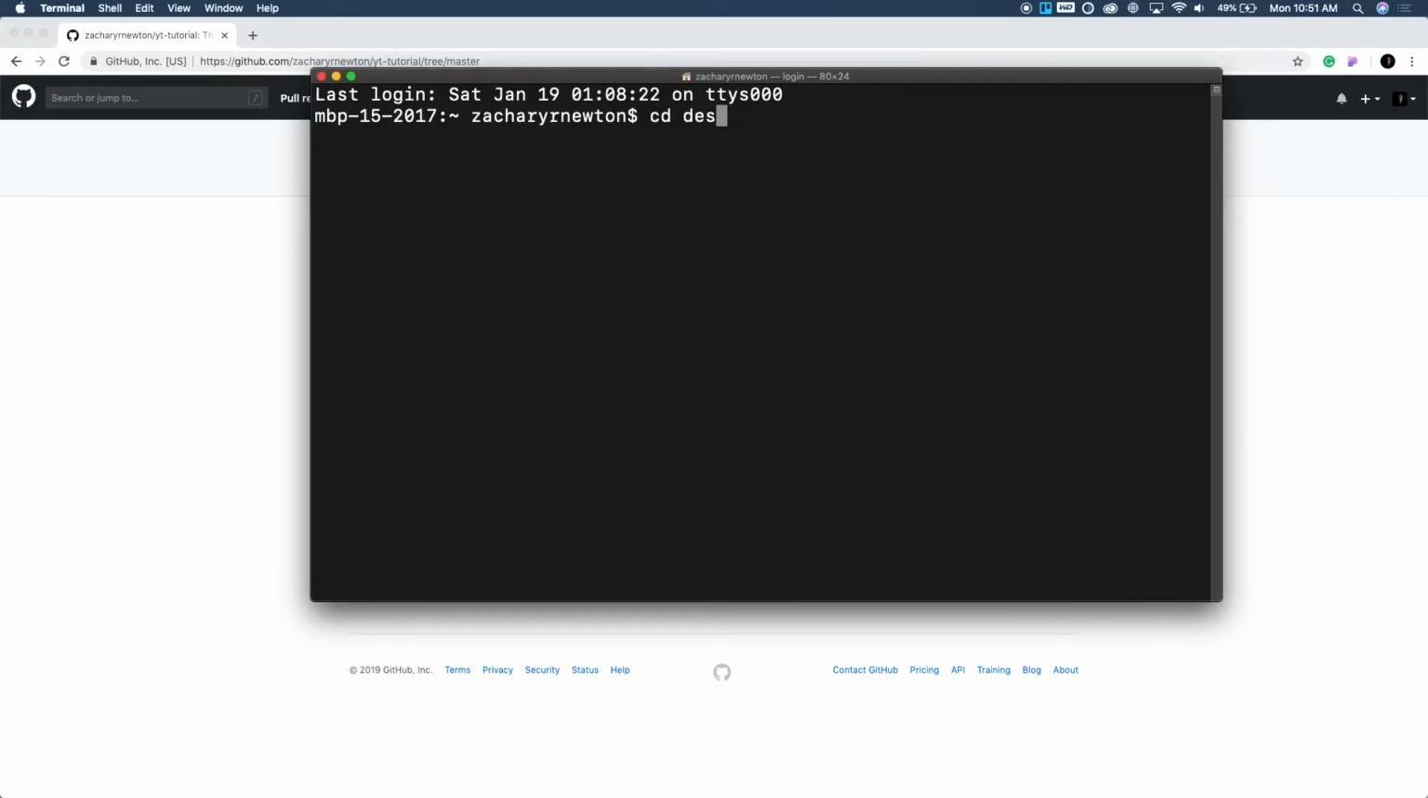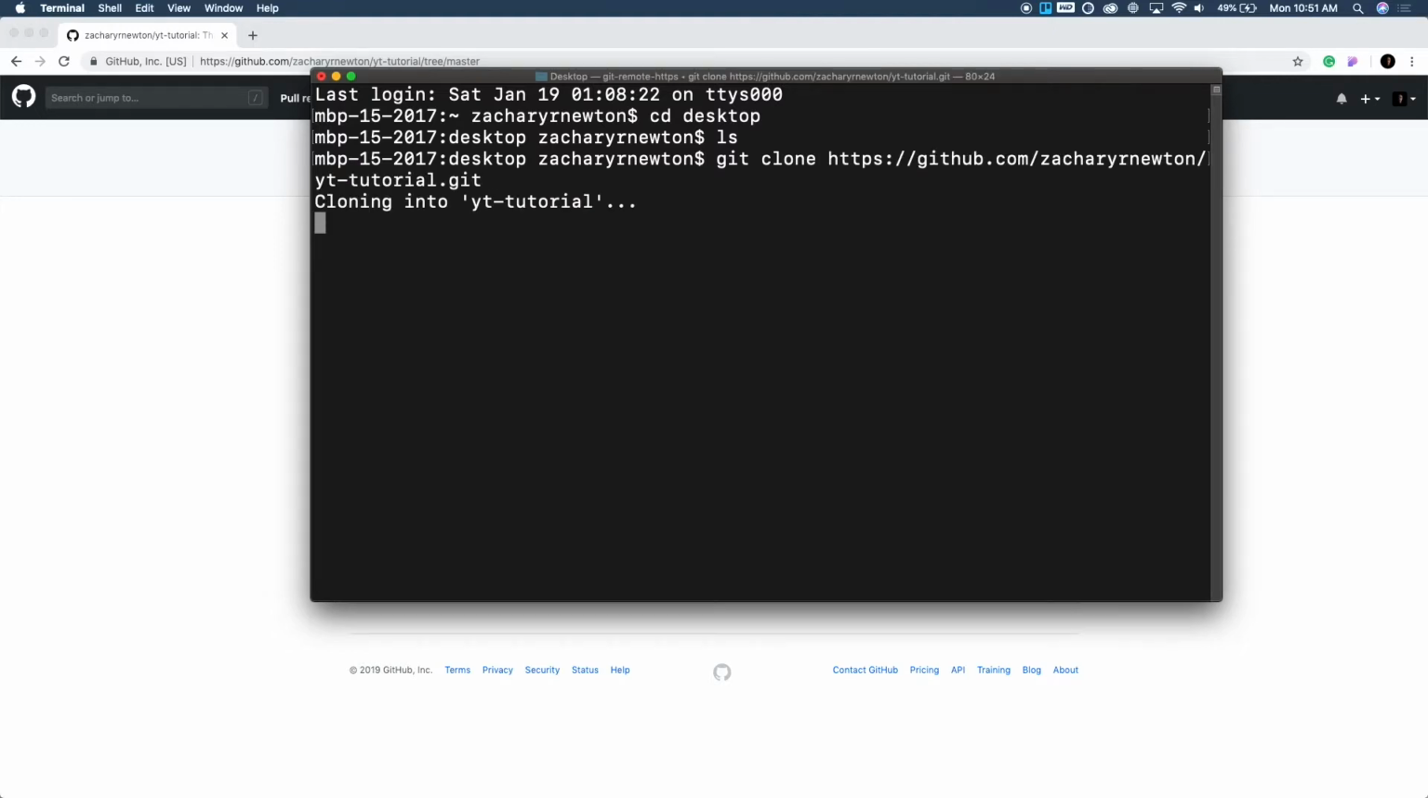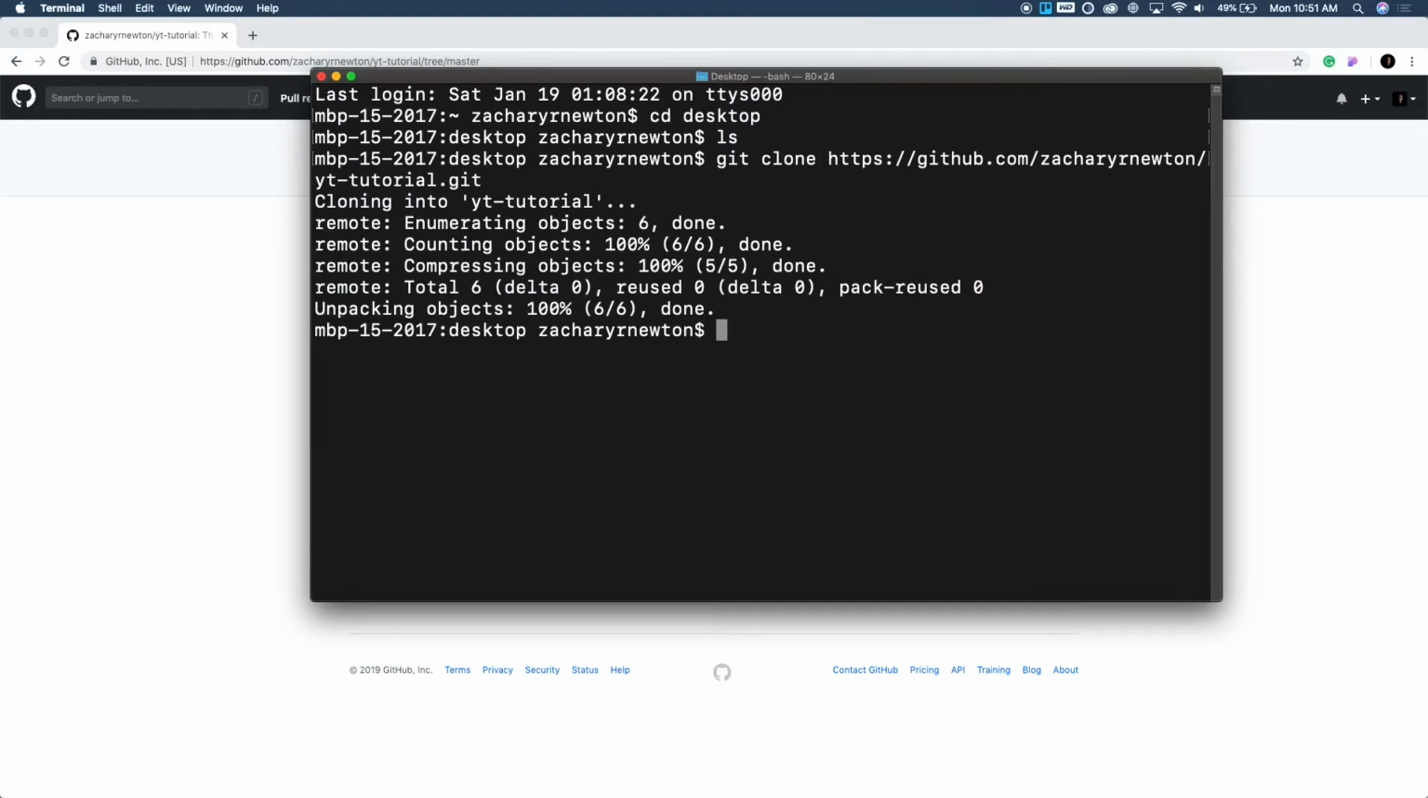And we'll open up the terminal. So I'm going to cd into the desktop. And you'll see there's nothing here. And then we're going to write git clone and paste in that URL. And so this is just using Git. This isn't exclusive to GitHub, but like if you were using